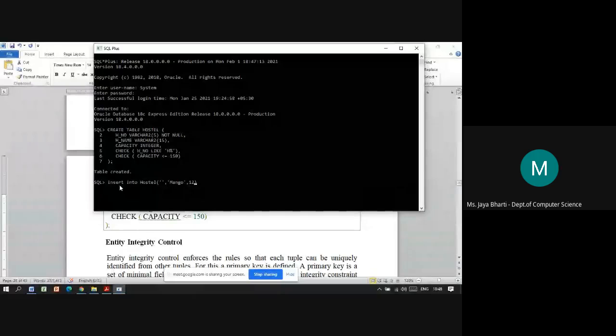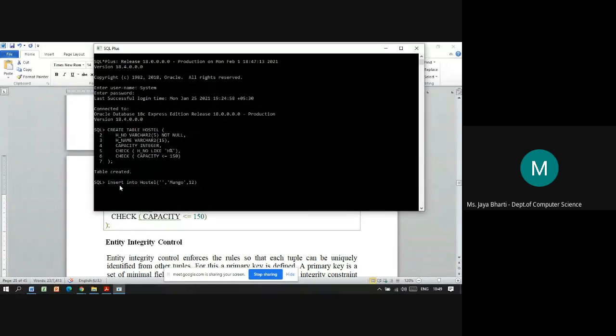Here the first constraint was that H number should be not null, so we are not passing anything. Then the name is mango, and the capacity should not be less than 150, but we have given 12.